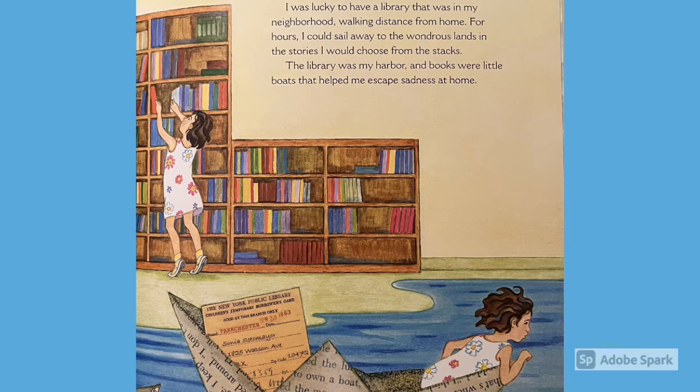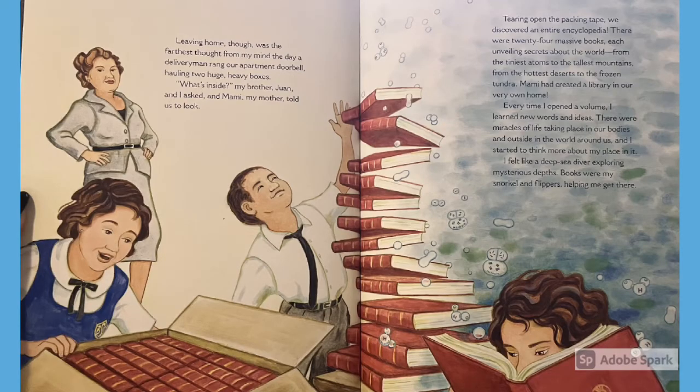We learned the character is in a library and is in a sailboat because when reading, it makes her sail away to wondrous lands in the stories. Were our predictions correct? Leaving home, though, was the farthest thought from my mind the day a delivery man rang